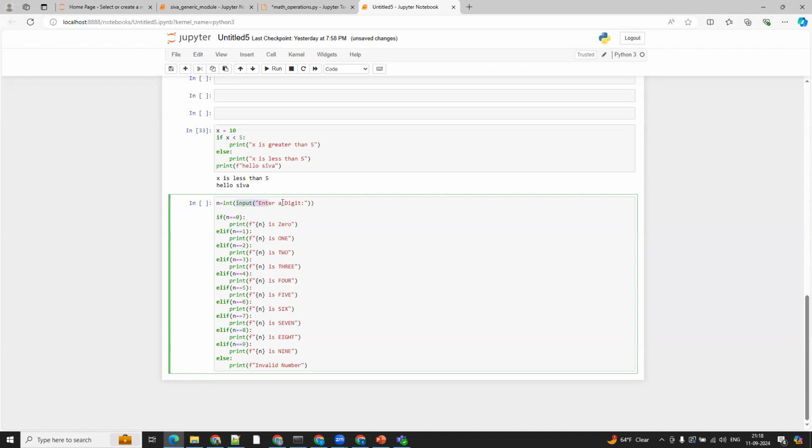By default, input takes the input in string format. I wanted to convert that into integer format. That is the reason I've taken int here, and I'm assigning it to a variable n. Now from here onwards, I'm checking the condition. If n equal to 0, yes, you have to use double equal to. A single equal to is an assignment operation. If you mention double equal to, this is a comparison operation. Both are different. You are not supposed to mention a single equal to here. Single equal to indicates an assignment operator, and double equal to is a